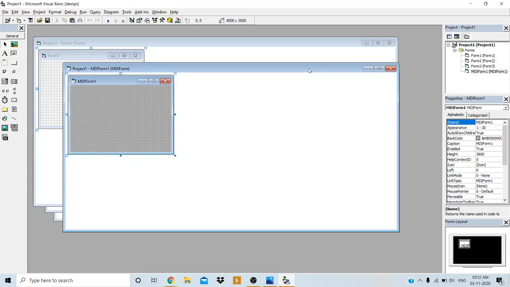But if you want to make them child forms for the MDI form, what property must be set for the normal forms?